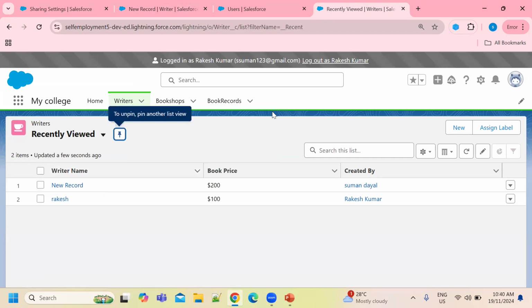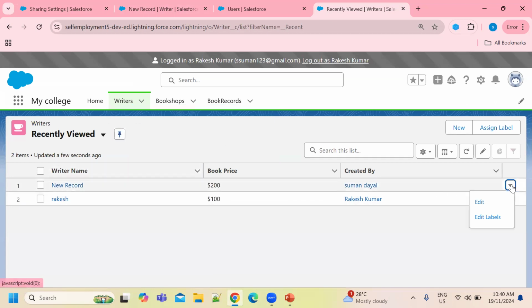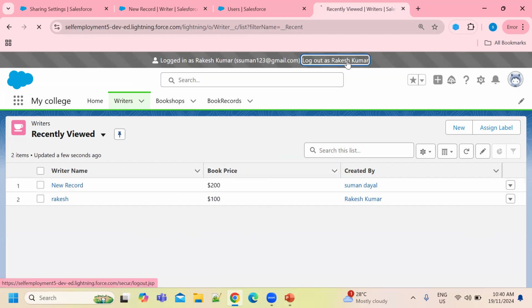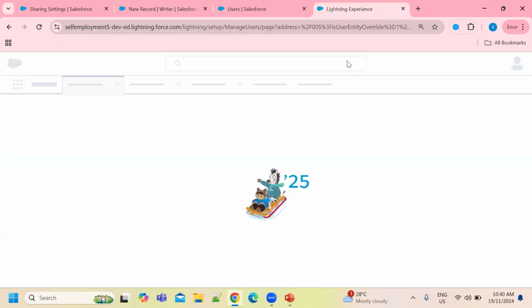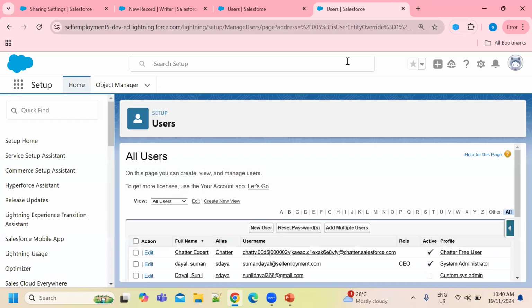Because I have shared this in read only mode, I cannot delete this record, right? So in this way we can share our records manually as per our requirements. So that is about manual sharing, how we can use manual sharing in Salesforce security to share our records.